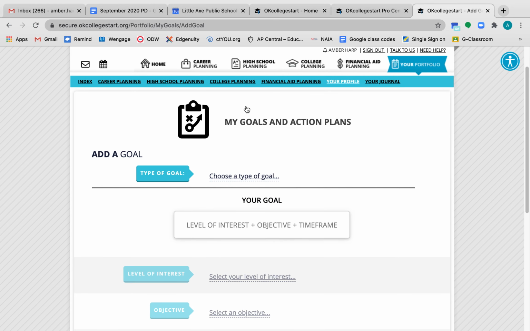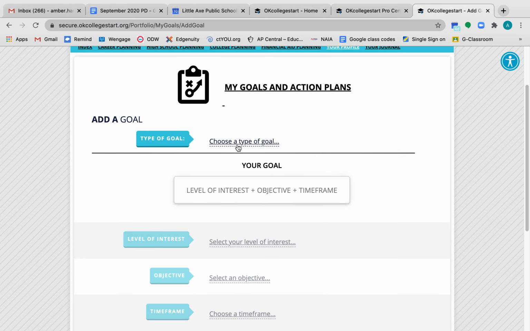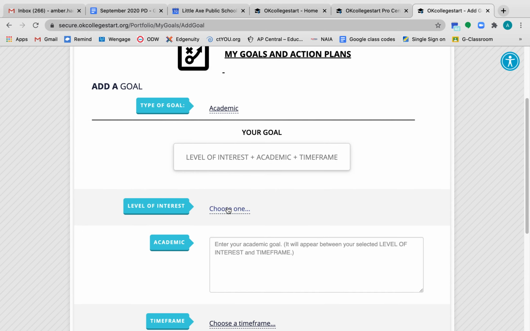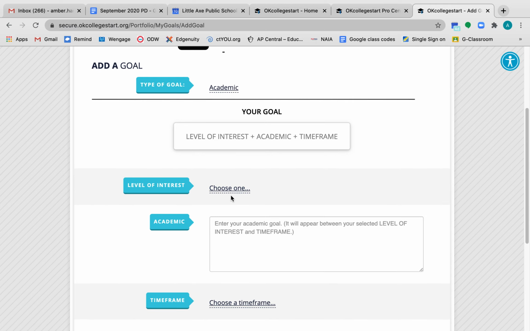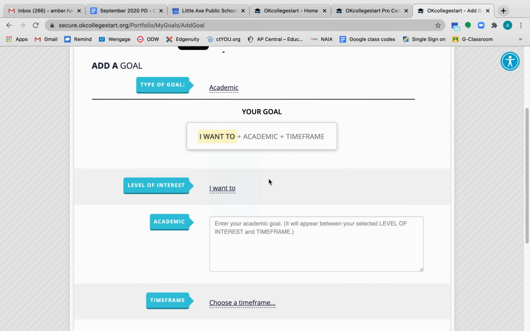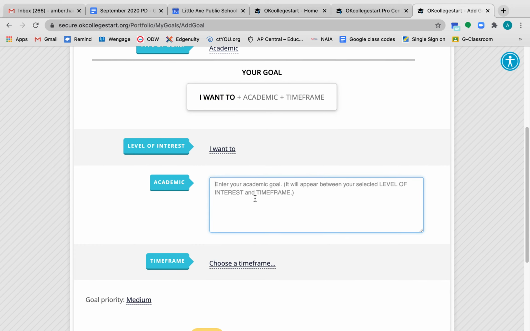So I clicked on that. I'm going to add a goal. Everything's pretty self-explanatory. So choose a goal. If I'm going to pick 3, I could say academic. And this is academic for this year as a senior. I'm a senior. So level of interest. Let's see. So here, under academic, enter your academic goal. I want to